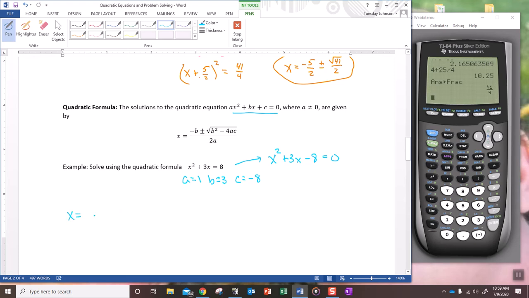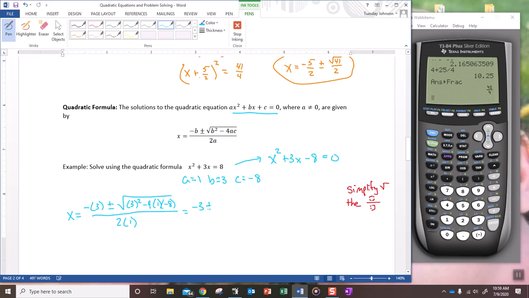Now, the solutions will be of the form negative b plus or minus the square root of b squared minus 4 times a times c, all over 2 times a. Very important. We're going to simplify the square root, then the fraction. Always simplify the square root first, and then we simplify the fraction. So we'll have